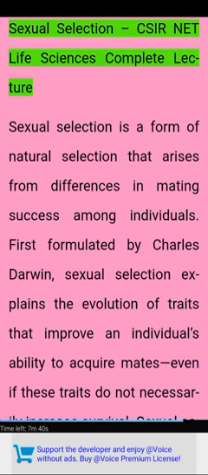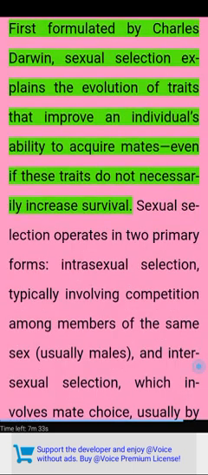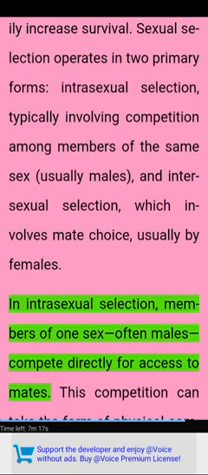Sexual selection, CSIR-NET Life Sciences complete lecture. Sexual selection is a form of natural selection that arises from differences in mating success among individuals. First formulated by Charles Darwin, sexual selection explains the evolution of traits that improve an individual's ability to acquire mates, even if these traits do not necessarily increase survival. Sexual selection operates in two primary forms: intrasexual selection, typically involving competition among members of the same sex, usually males, and intersexual selection, which involves mate choice, usually by females. In intersexual selection, members of one sex